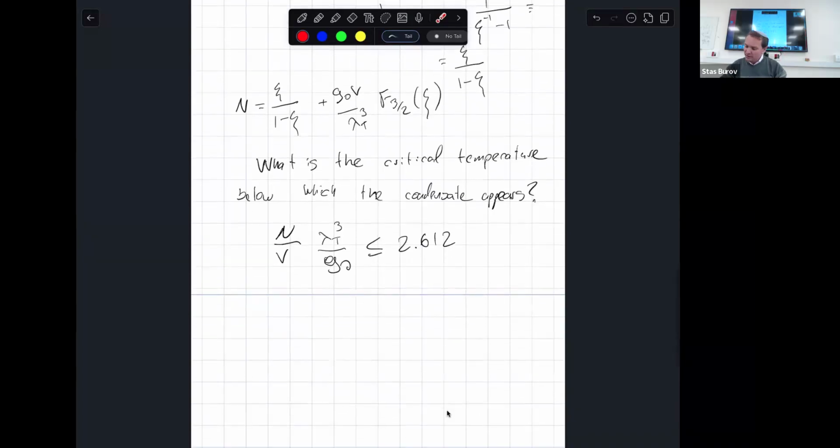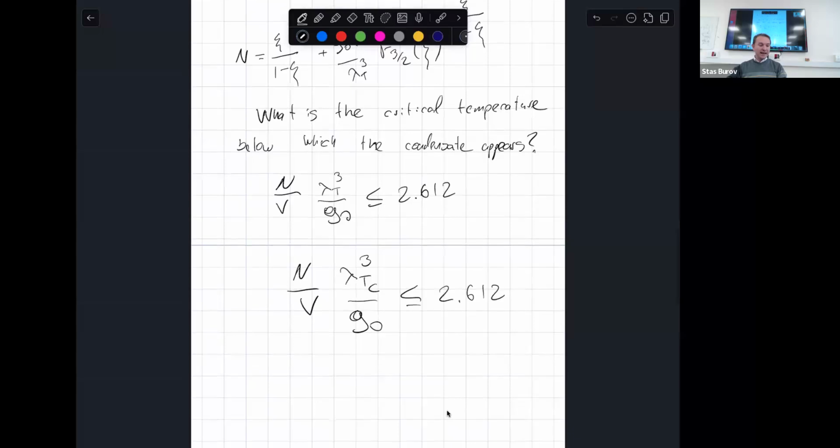So when it happens, when n, V, lambda, let's call it lambda_TC, to the third power, divided by g0, equals 2.612, we can take out of this the TC, and we will get, okay, that TC equals